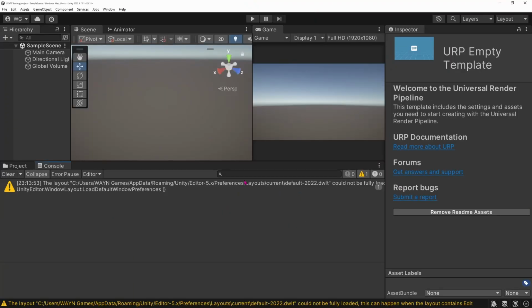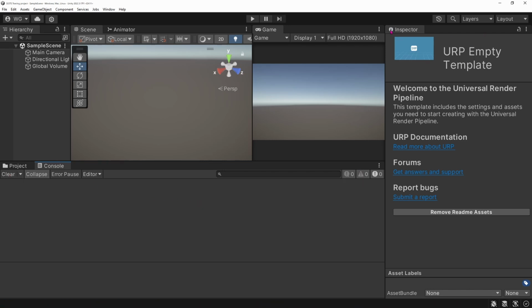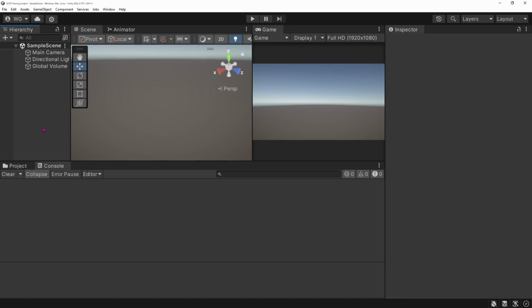Okay, so now we have an empty project. You can see there are still a few error messages as usual, but never mind.